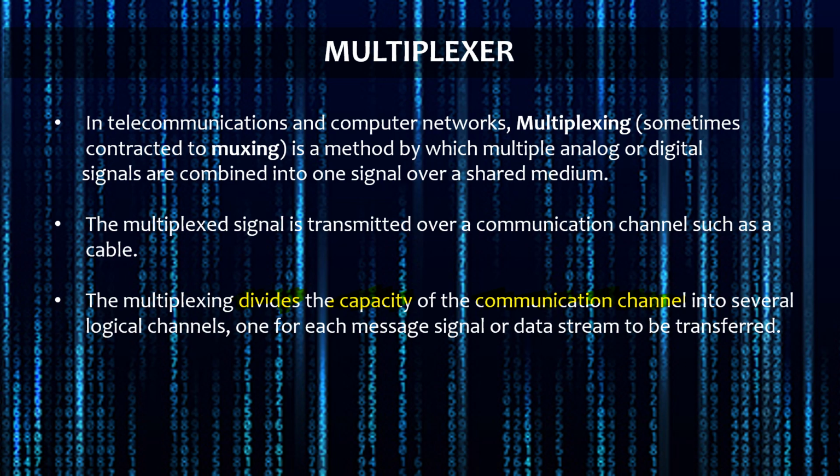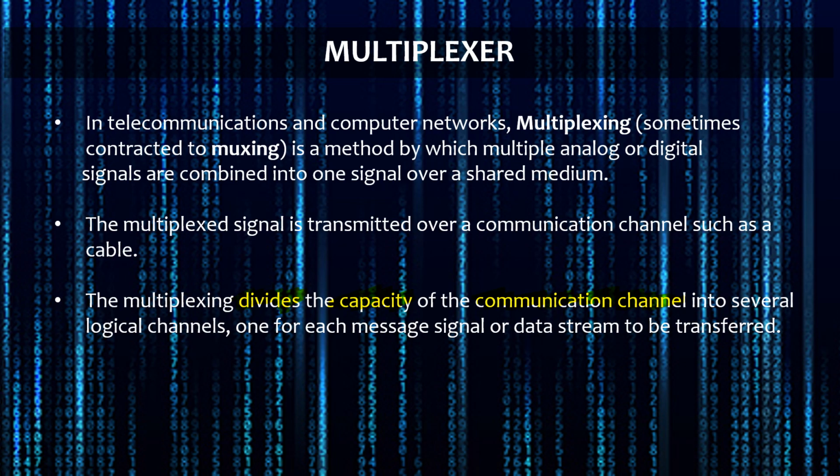And if I am sending signals with a limited load, in that case I need to divide that channel, because we are sending multiple types of signals. Sometimes I am sending a message on Yahoo, then I am also using Outlook, YouTube, WhatsApp, Insta, so many different applications, and all of them have different types of data, but I have only one communication channel. So how can I divide this single communication channel into certain logical channels to pass the different data?